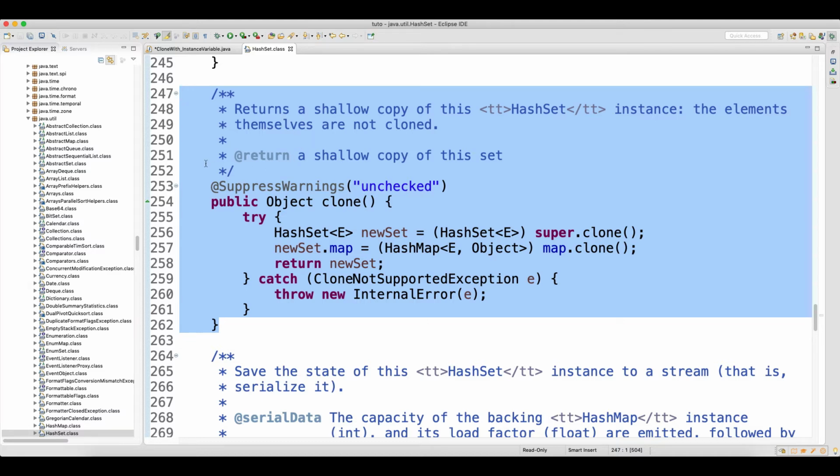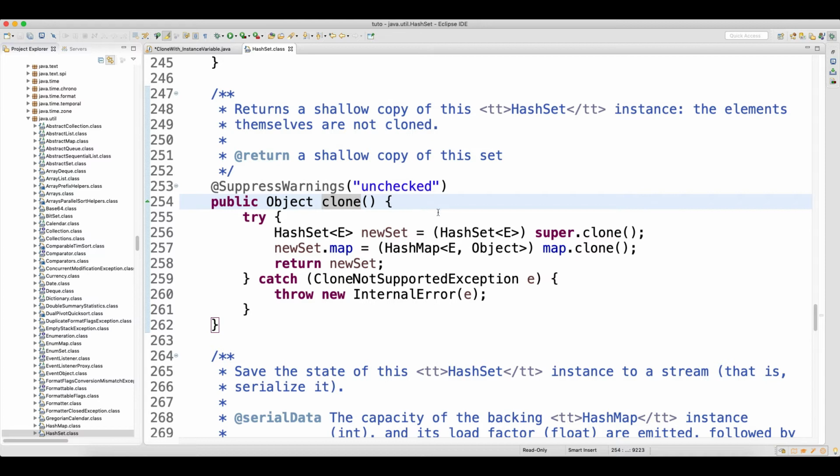So this is the overridden clone method. Basically it will call super.clone, and it will cast it, because you know this clone comes from the Object class, so it is cast to the HashSet type of object which you are supplying to store. Then you will get a new set. Then it will perform a clone on the map, because you know that hash set internally uses a hash map. Finally you will get one copy of the map, and you know how the map internally works based on buckets and linked list nodes, and then this is returned.